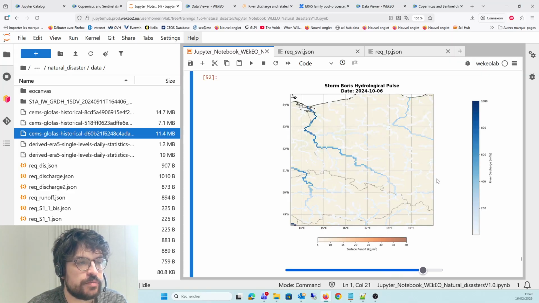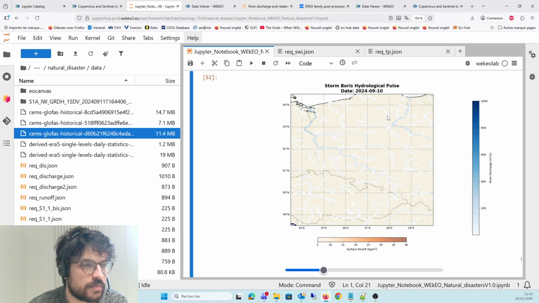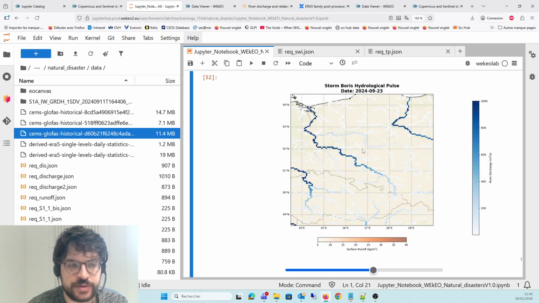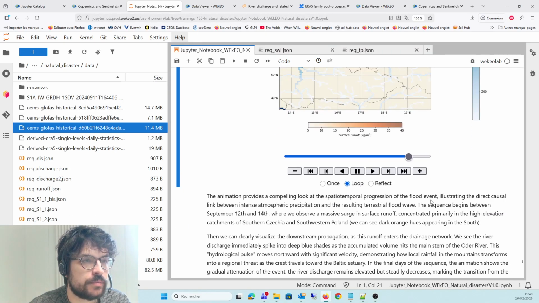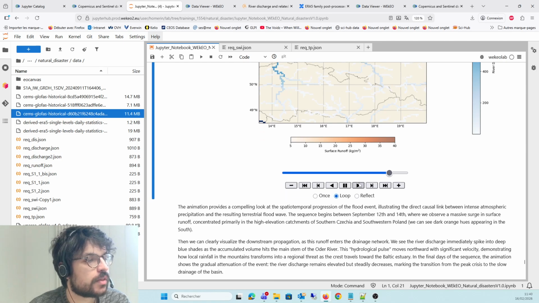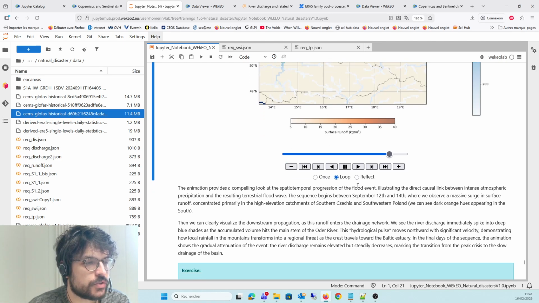For each big river here, the propagation is very obvious. As I've mentioned, we can clearly visualize the propagation as the runoff enters the drainage network. And in the aftermath of this hydrological pulse, the river discharge is slowly decreasing and